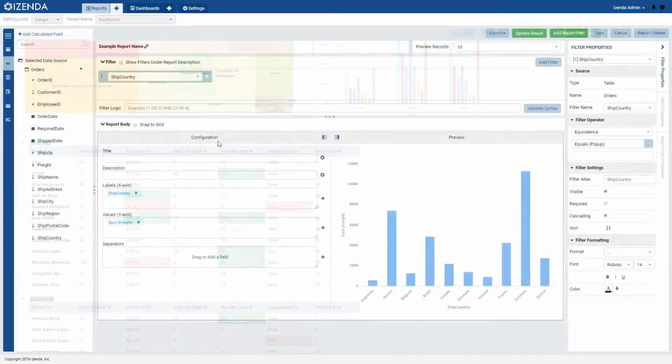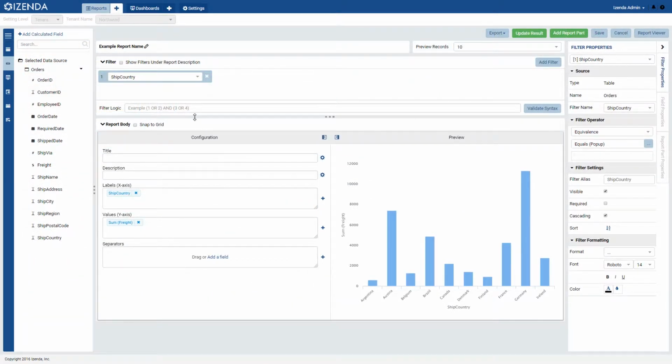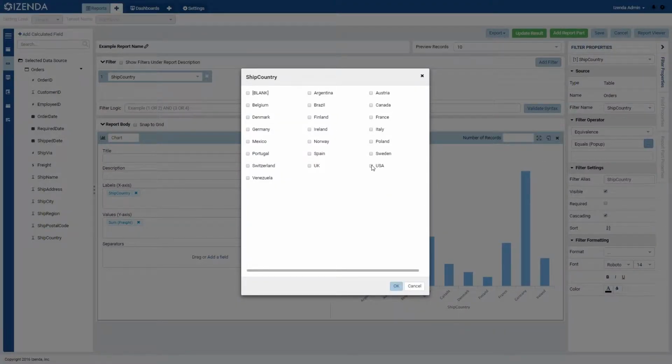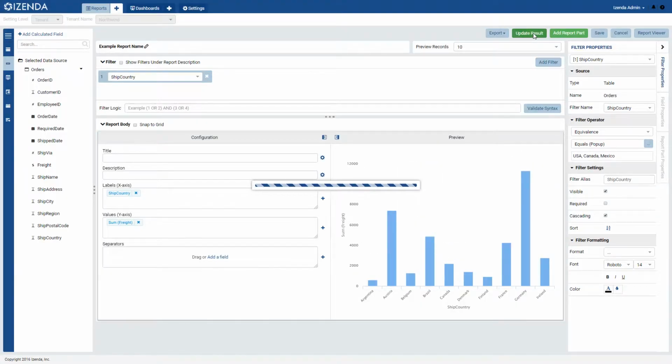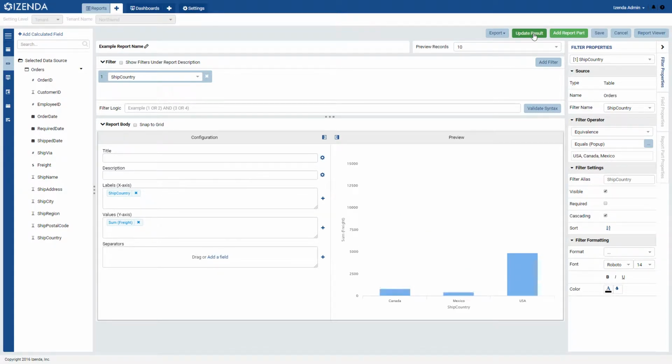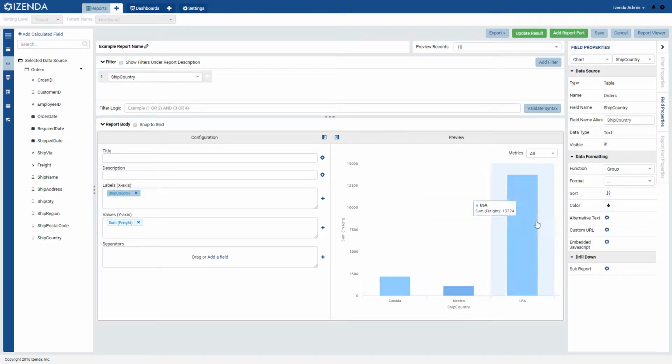We will start off with a basic bar chart that is showing a total freight divided up by country. We will limit the list down to only a select few countries. In this case, we will select USA, Mexico, and Canada to work with. As we can see, the default layout of this chart utilizes the default HighCharts light blue shade for each bar. But if we want to make each bar a distinct or meaningful color, we can simply use conditional formatting to